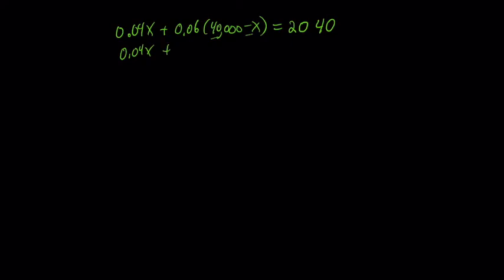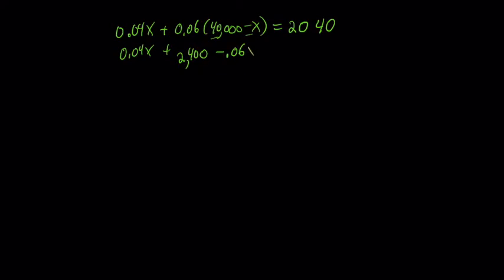So if I have 0.04x, so that's the interest on the amount invested at 4%, plus 0.06 times 40,000 minus x, right? This is the amount invested at 6%. That's going to give me, hopefully, $2,040. That's what I'd like to make off this investment. I need to simplify this. So I've got 0.04x plus 0.06 times 40,000 gives you 2,400